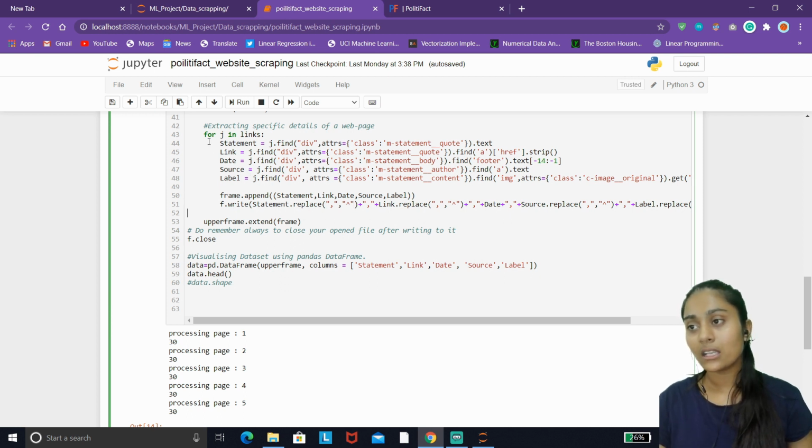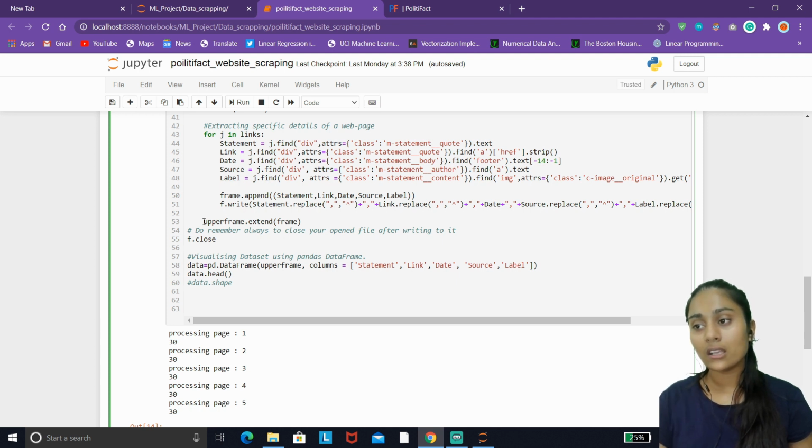Now, coming out of this for loop, we will extend every frame to this upper frame. That means we are extending the details of every news article listed on one page to this empty list, and doing this for all the pages we are iterating on.